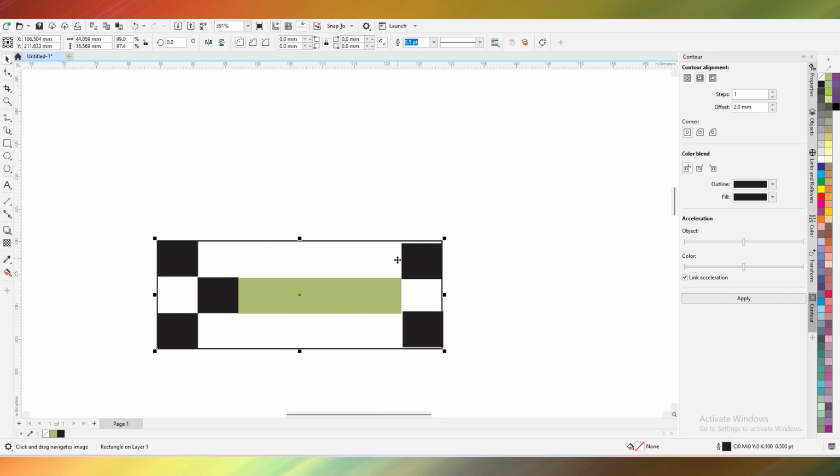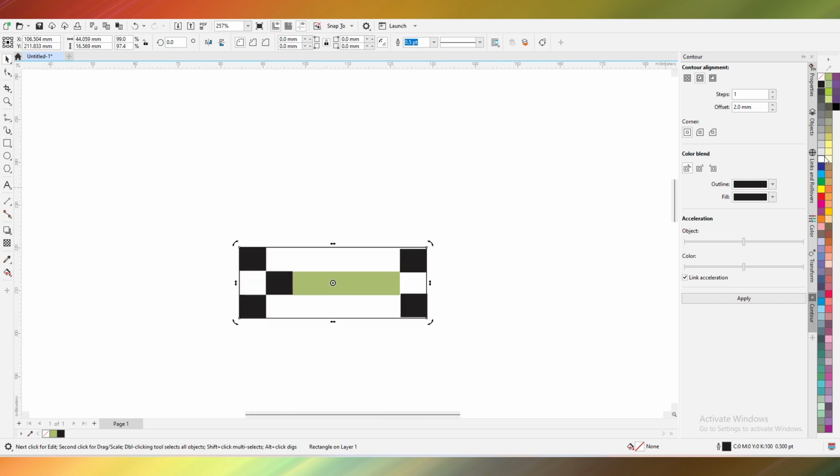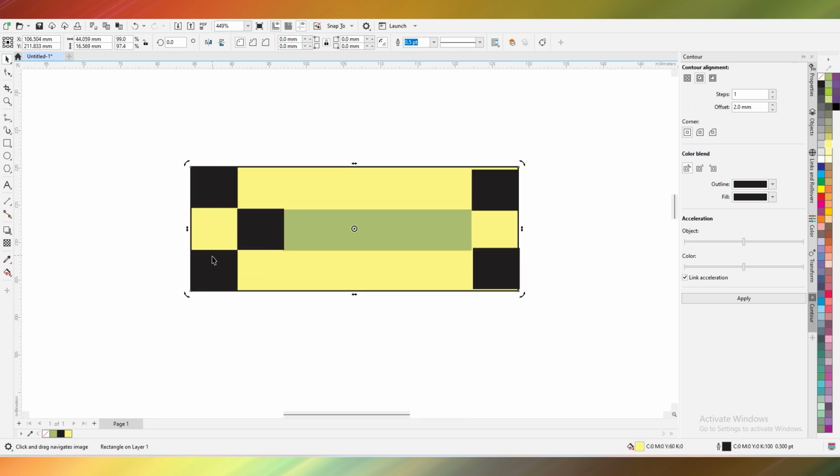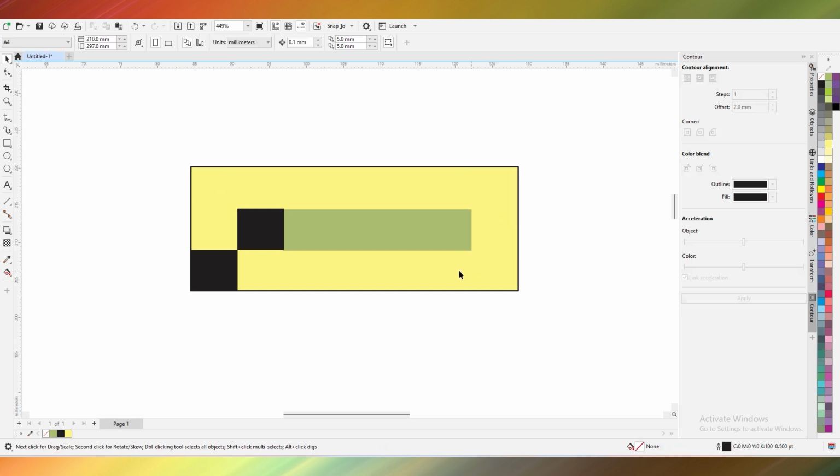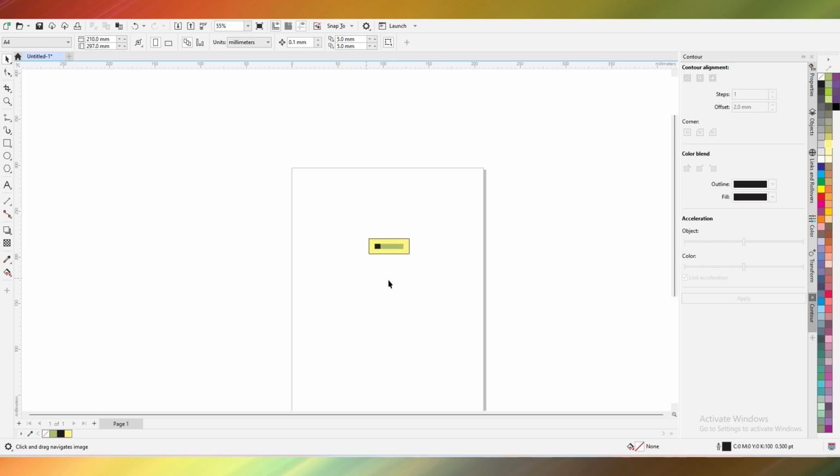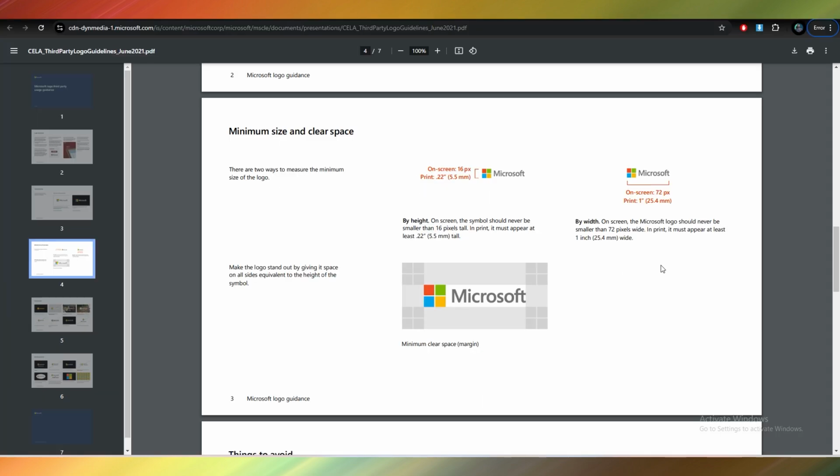It is not perfect, but I hope you understand what I mean. This is the safe margin for any logo, or specifically the Microsoft logo right now. Got it? So this is the Microsoft logo, and there has to be a space between the Microsoft logo and any content that you are using beside it.